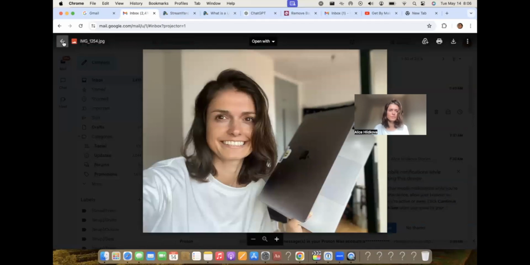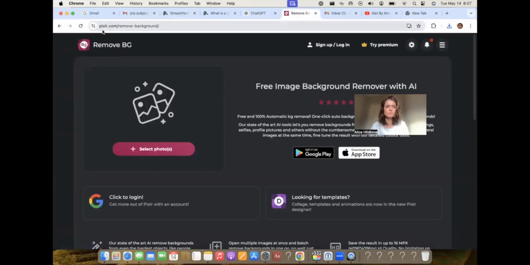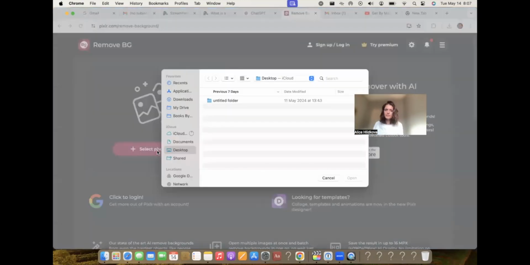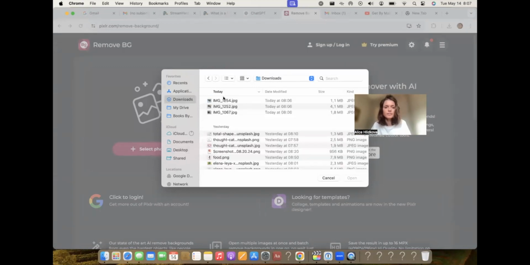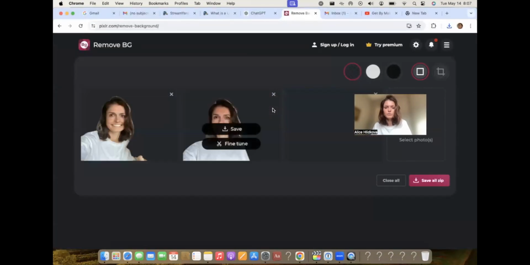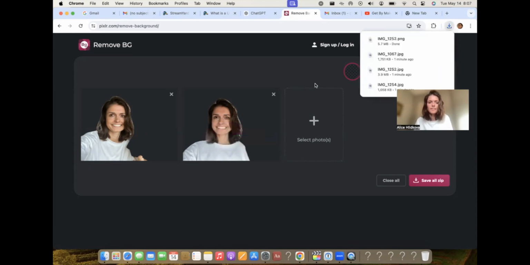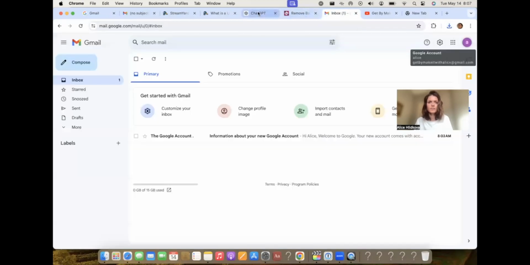This picture holding my laptop. Going into this website called Remove Background. So it's Pixlr.com, remove background, because we're doing this for free, we're trying to remove the background. Hold on, there's light coming in through my window. So it's going to be download here, and I'm going to download all three, and I want to remove the background. This is the regular one. I'm going to download this, and then we have this downloaded. We have the other background image.